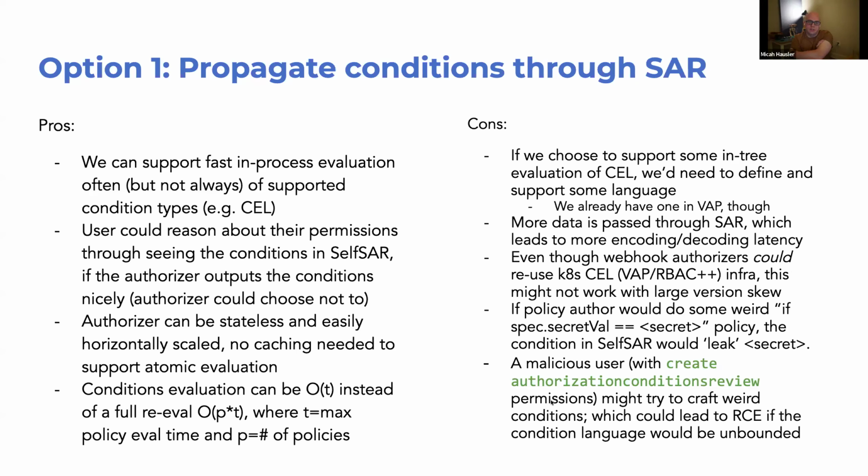Yeah, for subject access review you need it. But for self-subject access review, does this have to be there? An indication that it was conditional, I think, is important. Actually, surfacing all the conditions, I'm not sure. I think that's a distinct question. I don't think we're obligated to put it there. I'm pretty sure something's going to break. Someone's doing something clever with impersonation and self-subject access review, and they're using it as an authorizer. So we should not make it confusing for a self reviewer to think they were authorized when actually it was conditional.